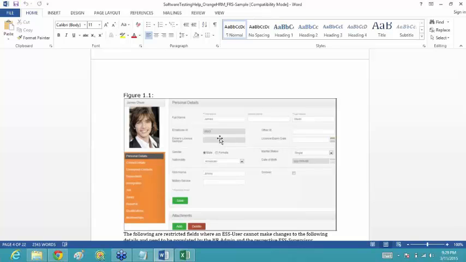Okay, and the second set of people are the ESS users, that is the normal employees who are getting added into the application. Now the admin people will add the employee into the organization and create their IDs and everything, but while writing down their data, they will only fill up the mandatory or important required fields.